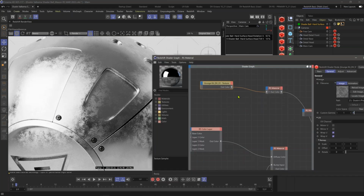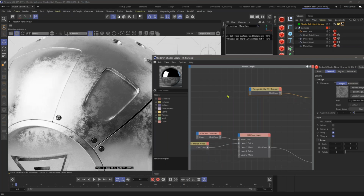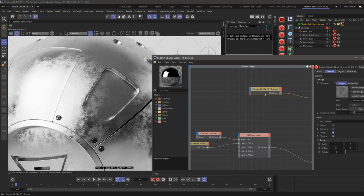All right, so now we have our roughness that's piped into our metal. From this point, what I want to do is actually adjust the size of this texture here. We could do this with the scale that's down in the texture node's remap section. The reason why I'm not going to do it this way, and this is a bit more of a production or workflow process,